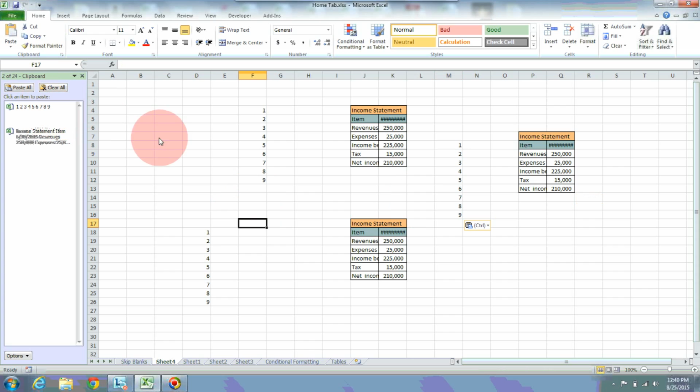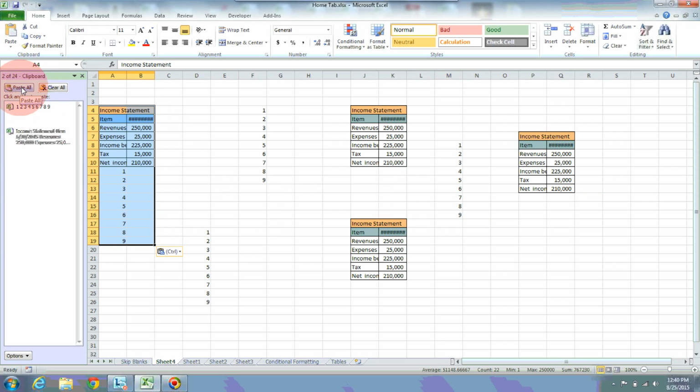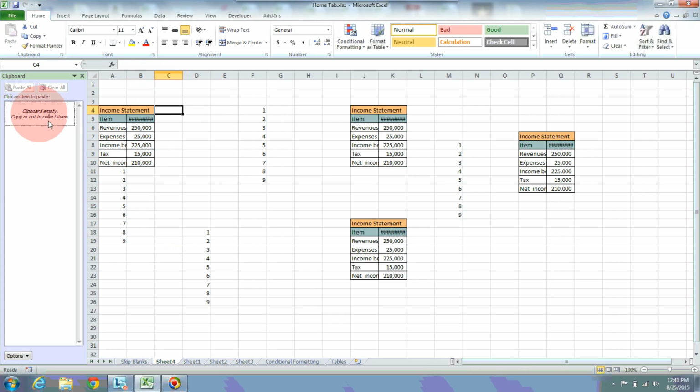You can also use an option over here, paste all. If you keep the cursor position at the desired place and use the paste all option, the entire temporary data which is available under clipboard will be pasted wherever you select. See, this is how it is used. If you click clear all, then the temporary portion will be cleared. Now I am clicking on clear all, then this will be cleared. Now see, there is nothing. You cannot do anything from here.